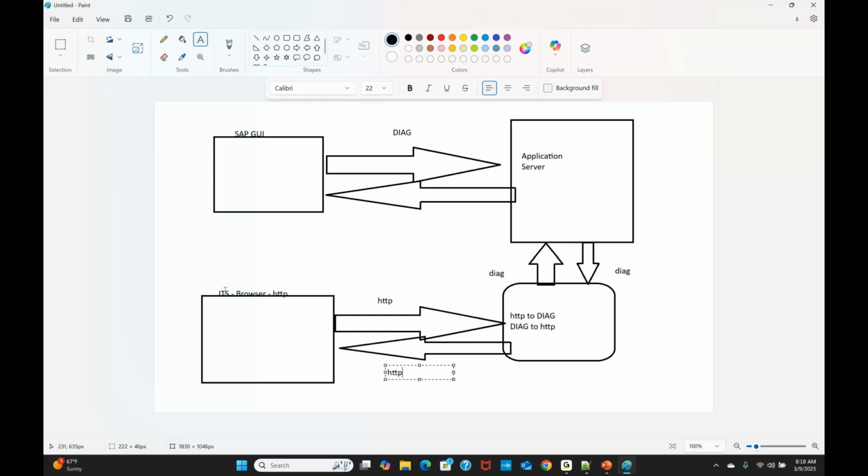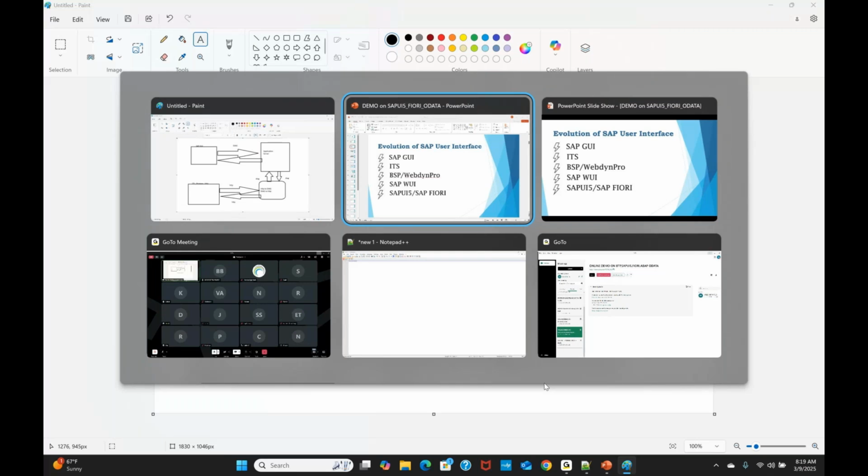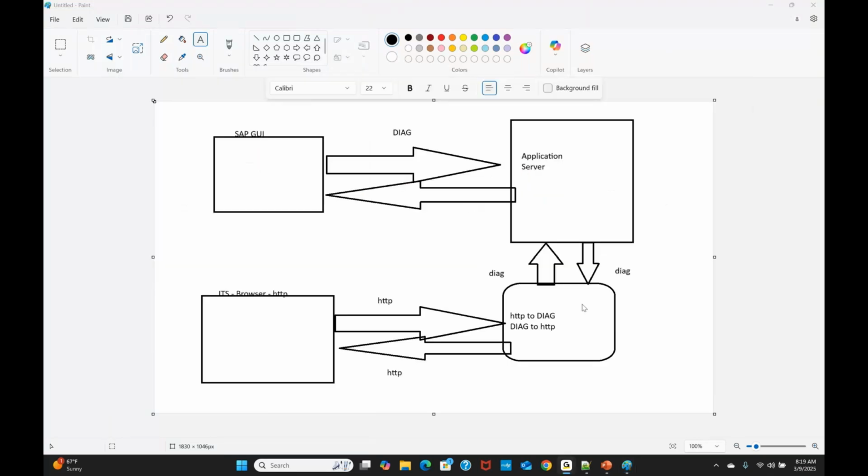It is meant for transactions only. You can just open the transactions, that's all. This was the drawback during the 1990s.